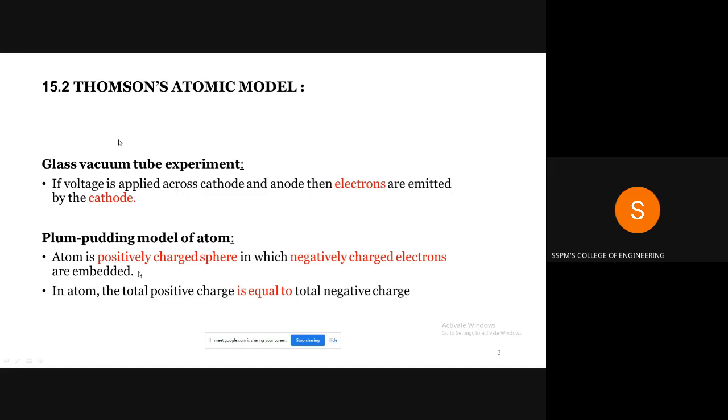If voltage is applied across cathode and anode in a discharge tube, then electrons are emitted by the cathode. Then, as per the Plum-Pudding model, the atom is a positively charged sphere in which negatively charged electrons are embedded. In an atom, the total positive charge is equal to the total negative charge. Okay. Next,